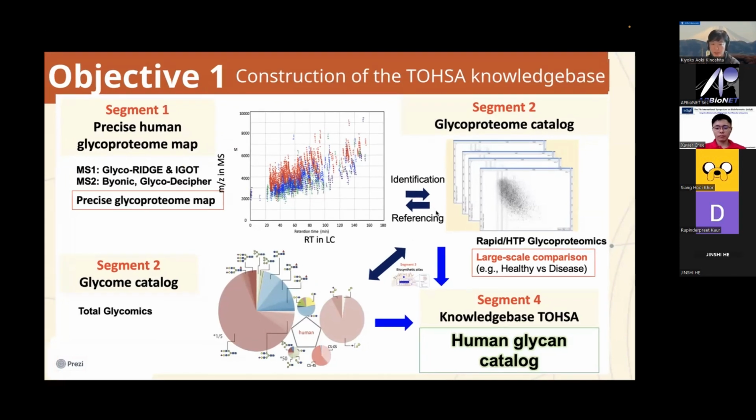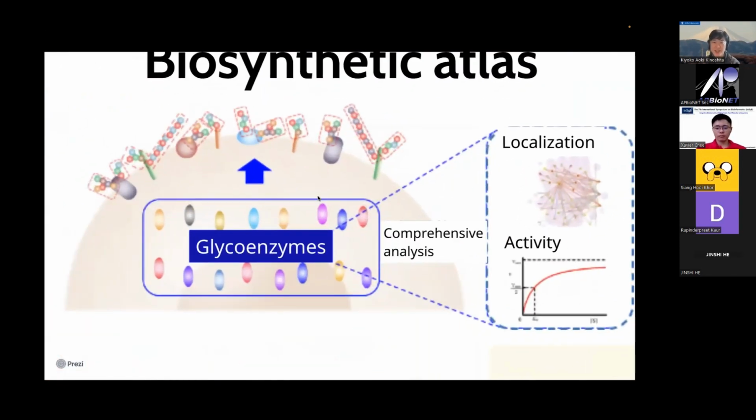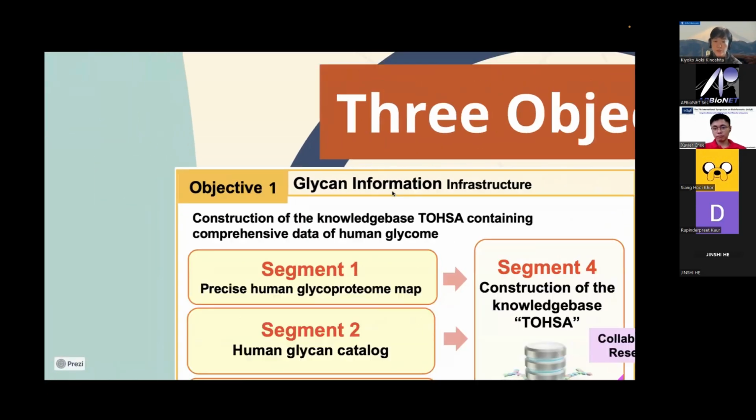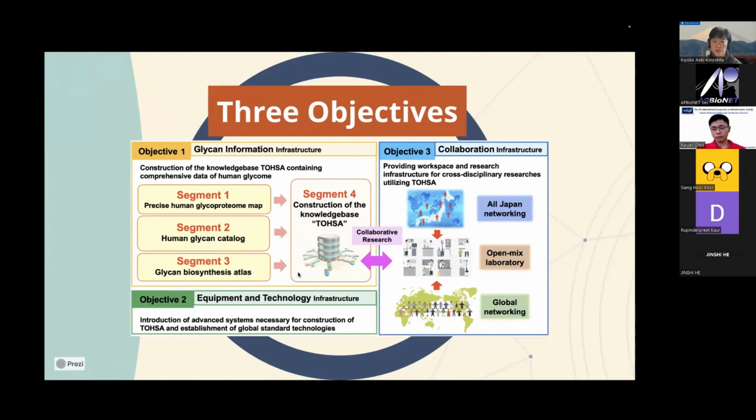And then segment 3, which is still kind of small, it's still started, but we're also looking at the glycoenzymes and trying to perform a comprehensive analysis of those to understand their localization inside the Golgi and how they are synthesizing glycans, and also recording their activity levels across different samples. So all this information will be stored in this knowledge base TOSA